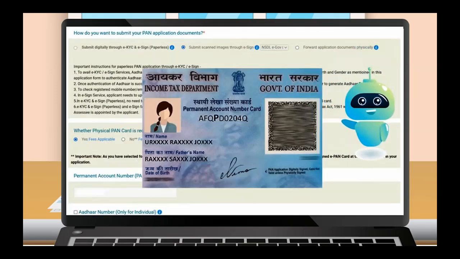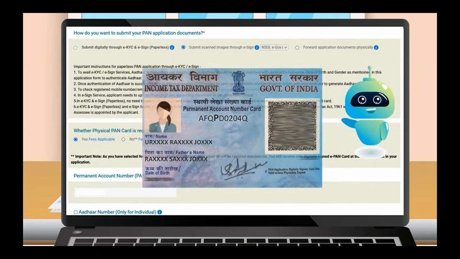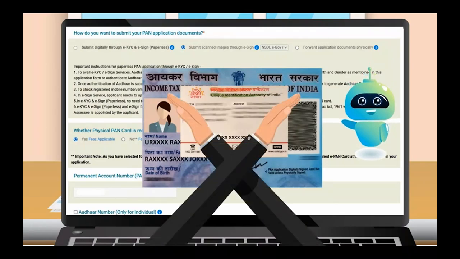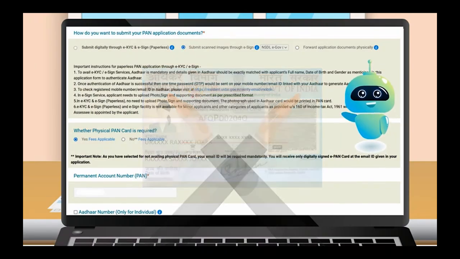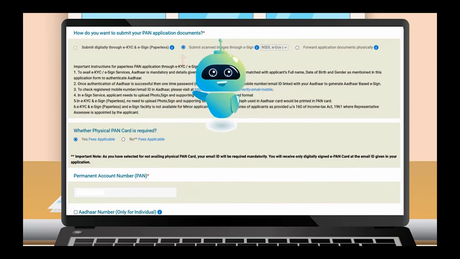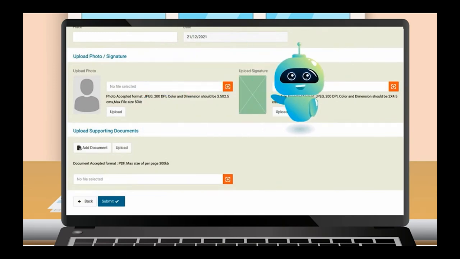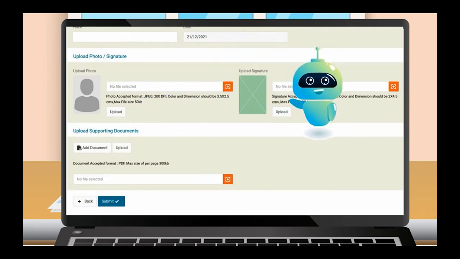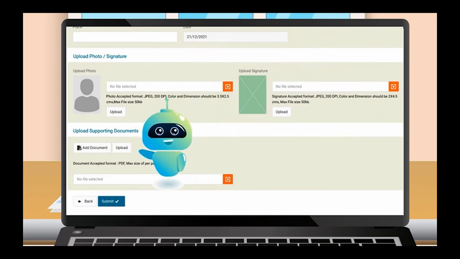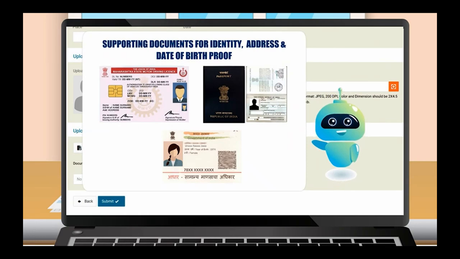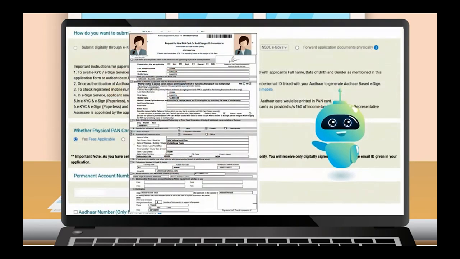However, if you want PAN card with latest photograph, signature and want it to be delivered at the address other than that on Aadhaar, then you should select Submit Scan Images through eSign mode. Under this mode, you will have a facility to upload latest photograph and signature. You will be asked to upload supporting documents for proof of identity, proof of address and proof of date of birth. The application will be digitally signed using Aadhaar eSign, and hence no physical documents are required even in this